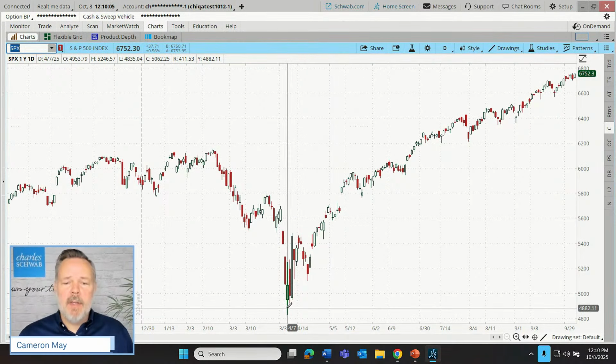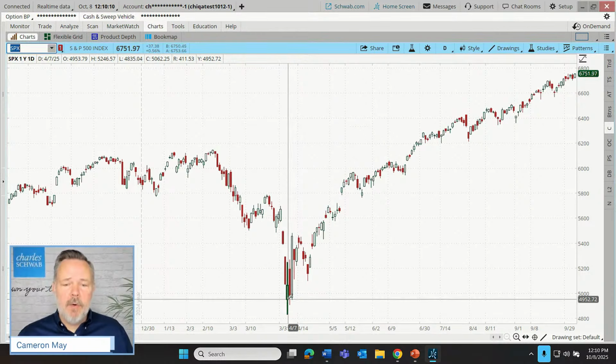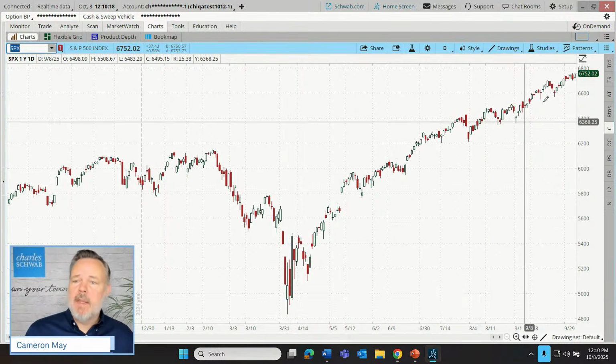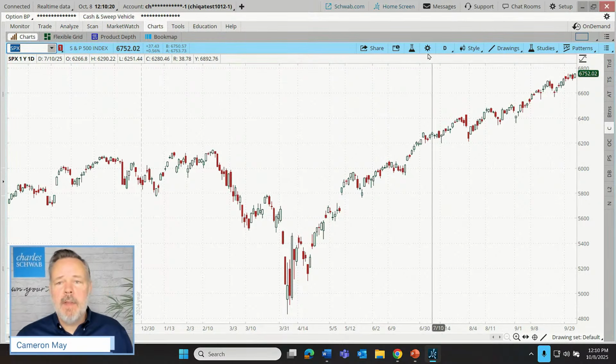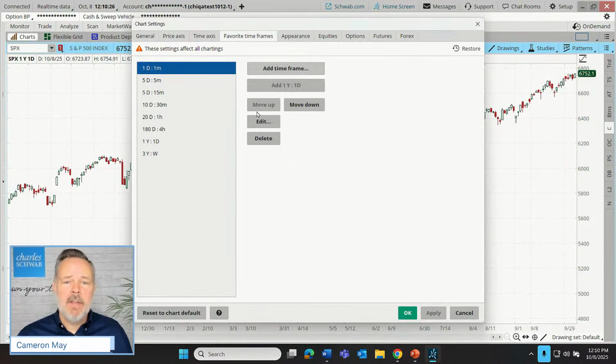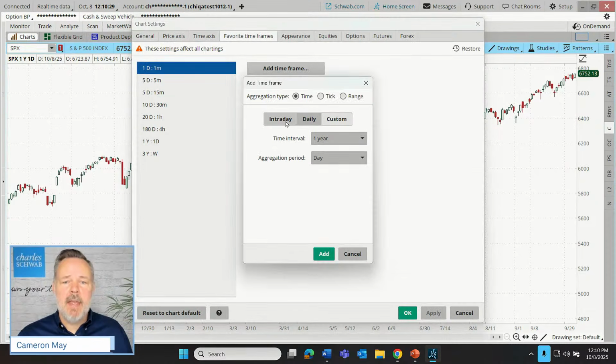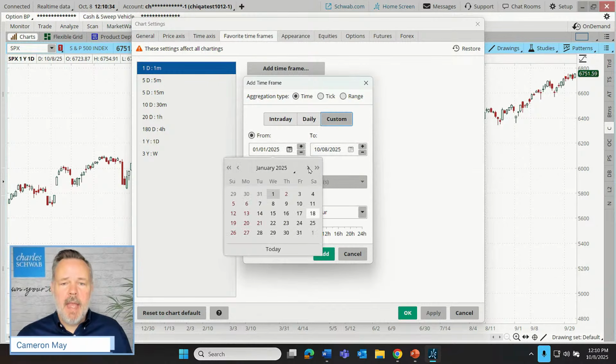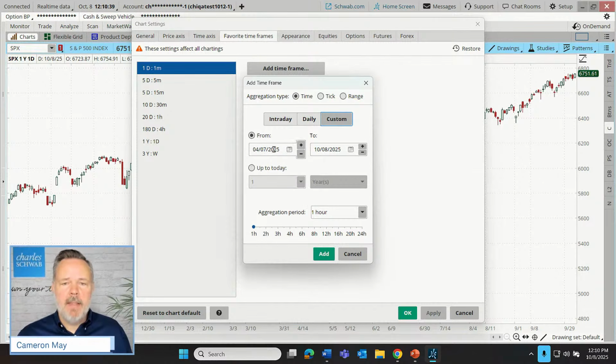I did want to set a hypothetical backdrop for this sort of an approach. Let's suppose a trader wants to look at a series of stocks, but they want to look at those starting from maybe these lows since the S&P started its rally back here on April 7th. You'll notice that's when the S&P hit its low and then really started to rally. Well, this is where that custom time frame feature may come in handy. Let's go to that favorite time frames. Let's add a time frame, but this one's going to be custom from, let's say, April 7th. I believe that was April 7th, wasn't it? Yep, right there. To the present day.